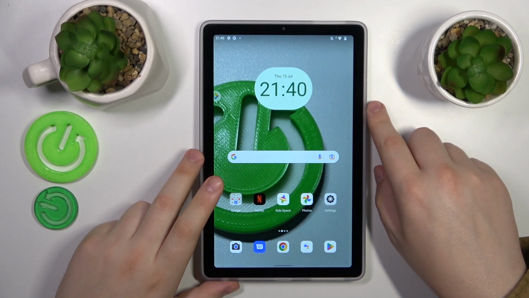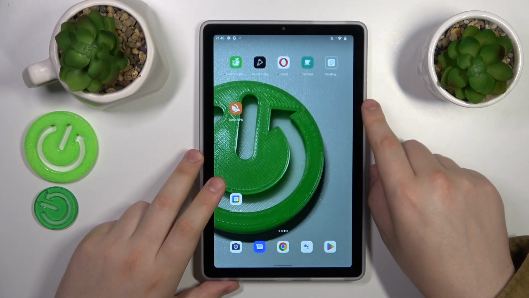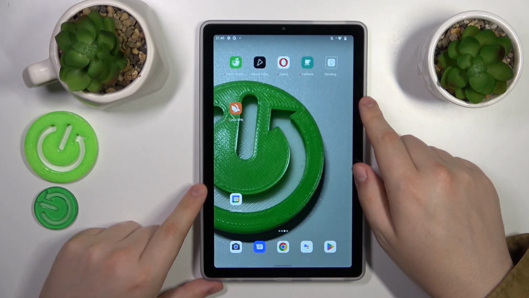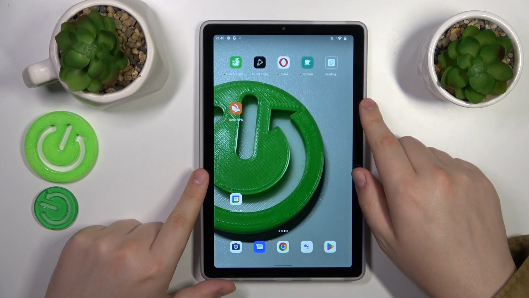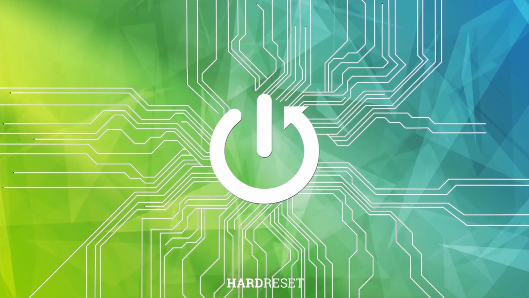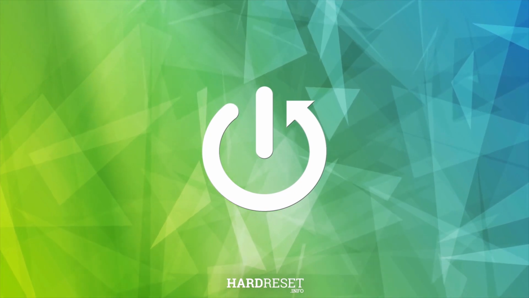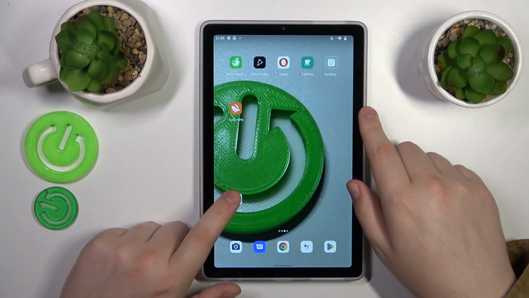This is LENOVO Tab M9, and today I will quickly show how you can create the calendar event on this device. So first you will need to launch the calendar app,